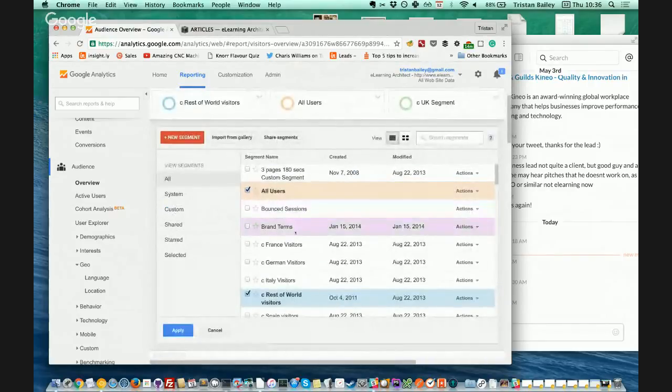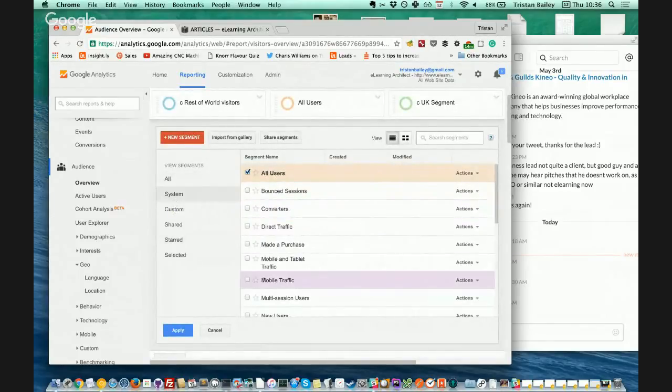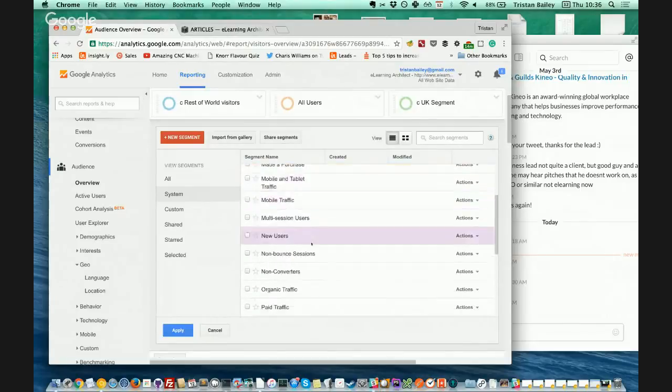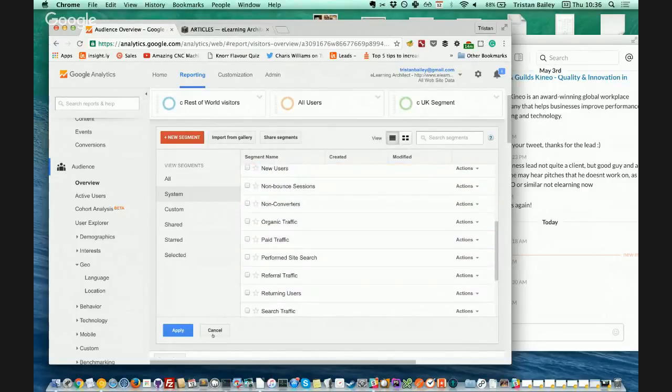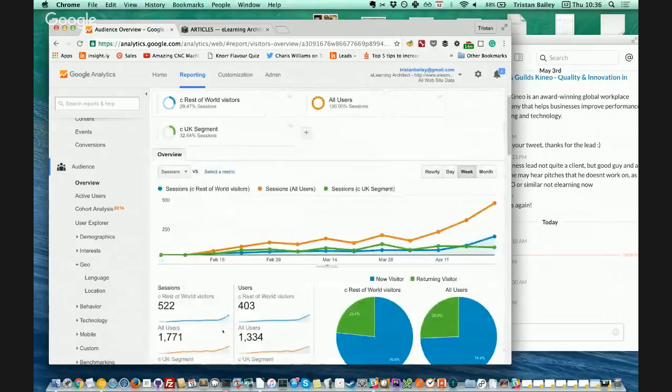These are added in, and you put them on the other side. There are some built-in ones like bounce sessions, direct only traffic. Those tend to be more interesting. Is your balance between organic traffic, visitors from other websites, from search coming in from the website, and the other one from